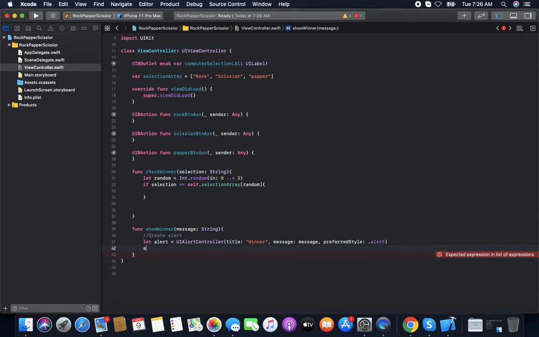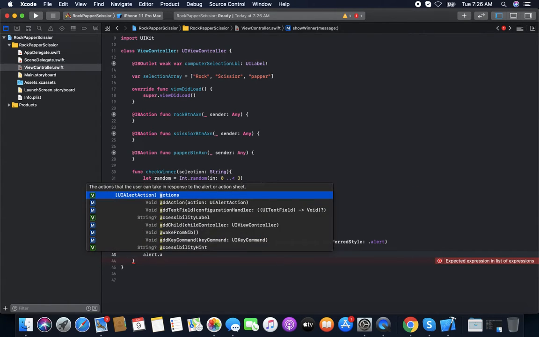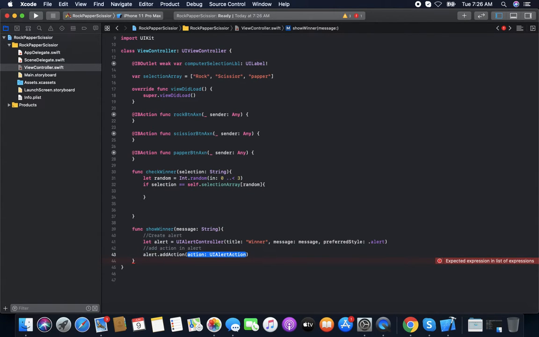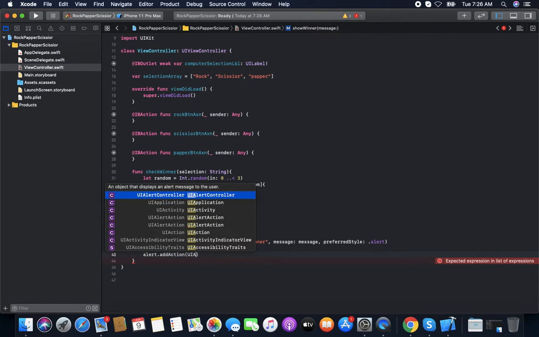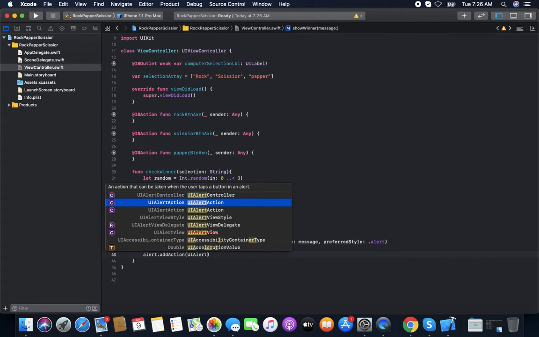Now we add an action in alert. Alert dot add action. We create an object of UIAlertAction.